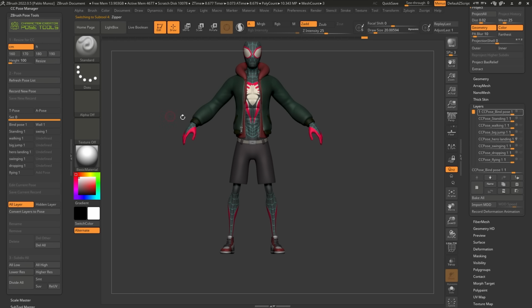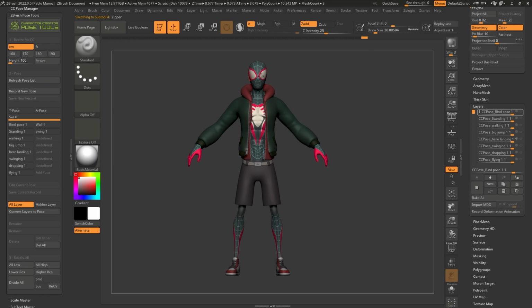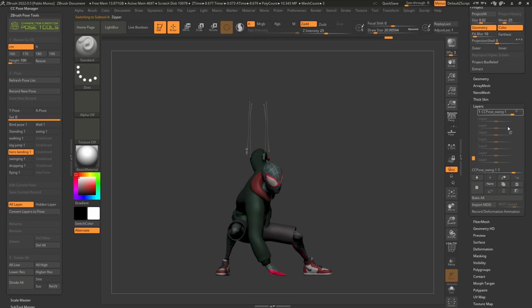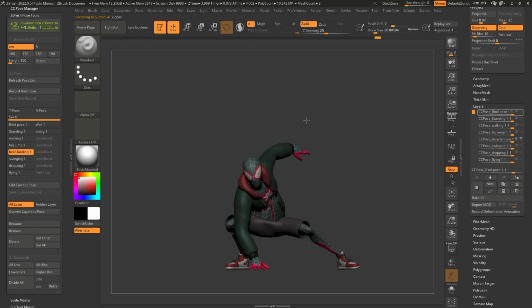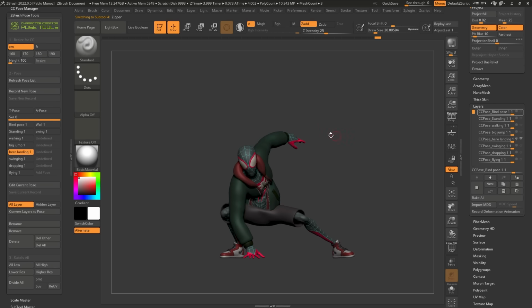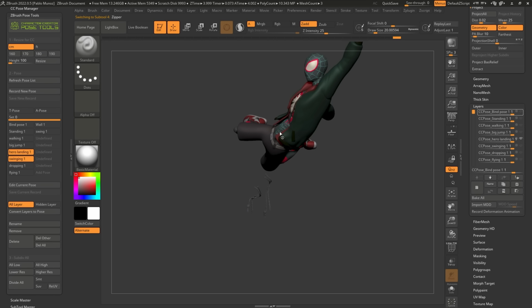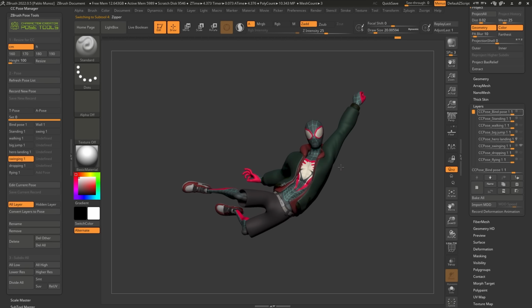here. Right? So this is pretty cool because now we go back to the standing pose that I had at the beginning, and I can go ahead and click on Hero Standing. And the plugin is going to enable automatically just that layer for you. And you don't have to go back and forth, especially if you have, imagine that you have 20 different subtools. This process is really, really convenient. I'm going to switch to the swinging one. There we go. So pretty cool stuff.